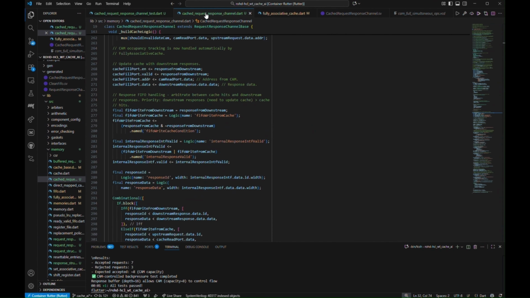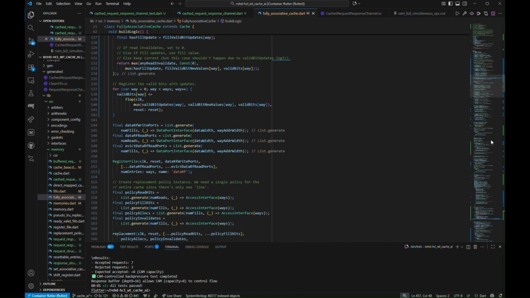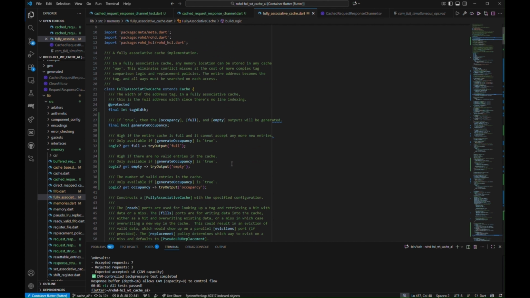Okay, so let's look at one of the subcomponents that was also modified during this exercise, which was the fully associative cache. And in the cache, we saw that we actually wanted to push some of the functionality that we had tested in our cache request response channel into the CAM because we were using occupancy counting on the outside. So here we actually have the result of pushing this functionality into the component so that it could be reused,